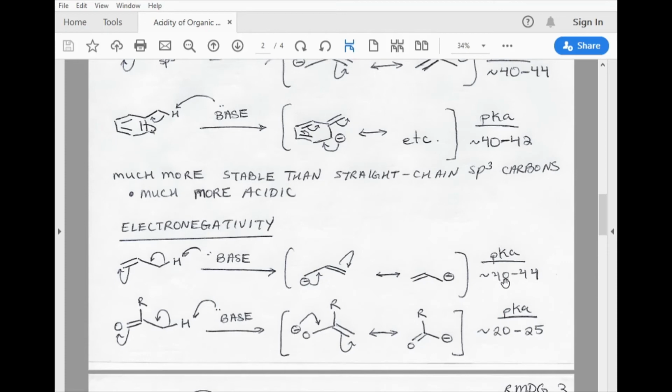And as we said, this provides a pKa of about 40 to 44. But when we add a very electronegative atom, one that can hold electron density much better than carbon, again replacing this CH2 group with an oxygen, and applying